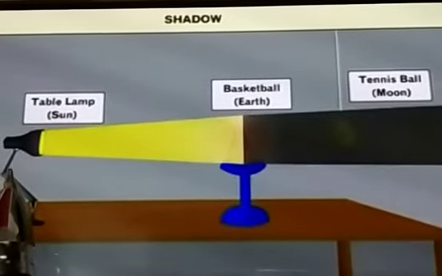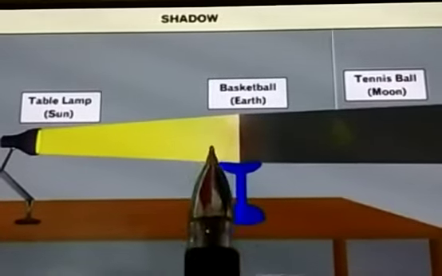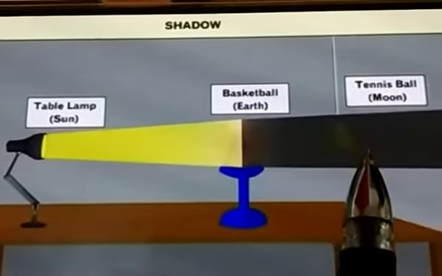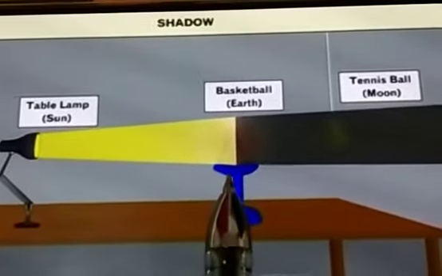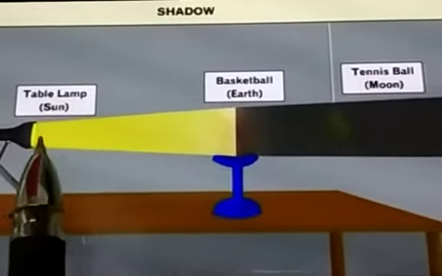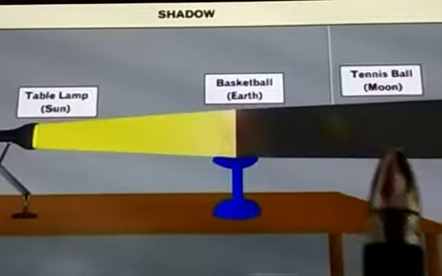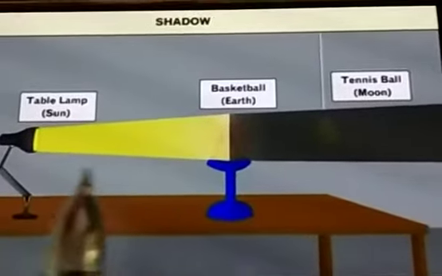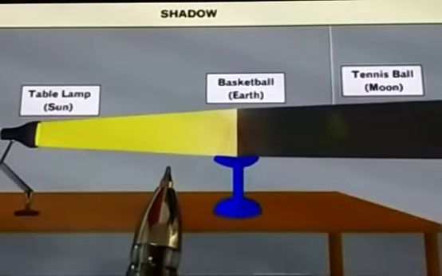Now you can see here the earth, you are not able to see the moon completely. We are not able to see the moon. That is what the lunar eclipse is. The earth is coming in between the sun and the moon, where the moon is not being seen. Okay, that is the lunar eclipse, and it will be fully dark at night.